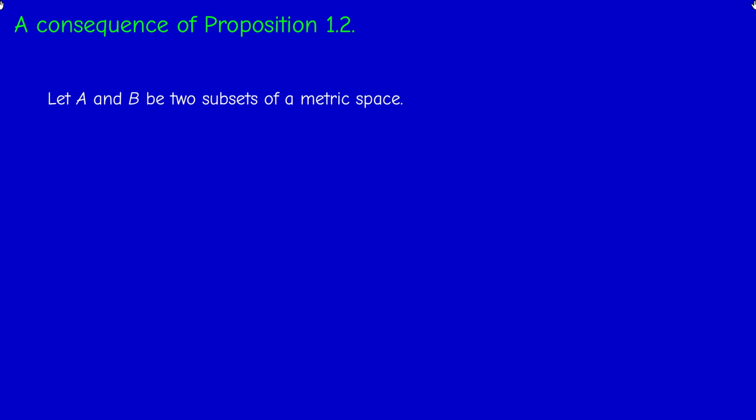Now, before we move to the next exercise, let me just formulate a consequence of proposition 1.2 in the lectures, that states that the intersection of two closed sets is a closed set, and the union of two closed sets is a closed set. This is a particular case actually. So if you have two subsets A and B of a metric space,